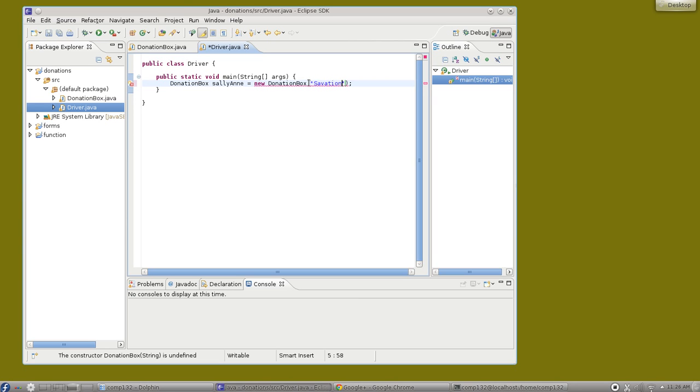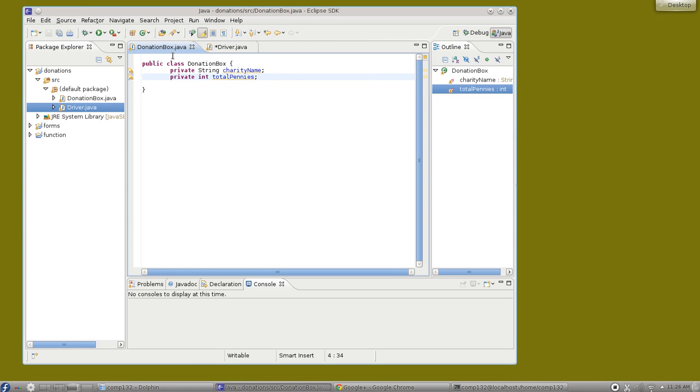So I'm going to put Salvation Army as the name that's scrolled onto the front of the box. Now notice that we get an error here. The reason we get an error is because we don't have anything that actually is used to create that donation box. So this is the point where you use the constructor and you say,